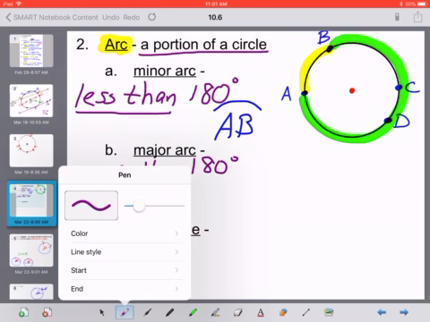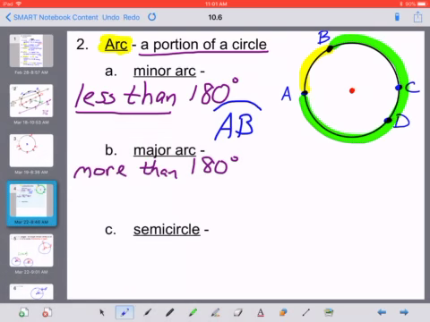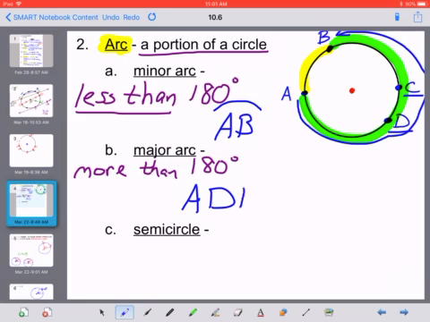Now, in trying to name that major arc, things can get a little bit confusing if we just call it by its endpoints, A, B again, because it wouldn't be clear if we meant the minor arc or the major arc that goes from A to B. So to name a major arc, we're always going to use 3 letters. We start with one of the endpoints, which would be A. We name any point that it passes through, so we could choose either D or C here. I'm going to go with D. All right, so we started at A, we passed through point D, and then we keep going until we get to point B as the other endpoint, and we put an arc symbol over the